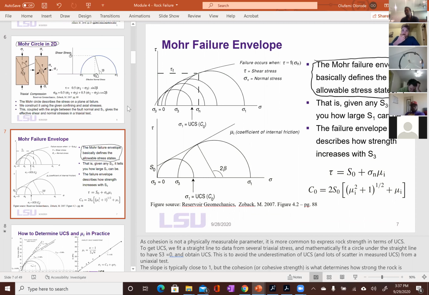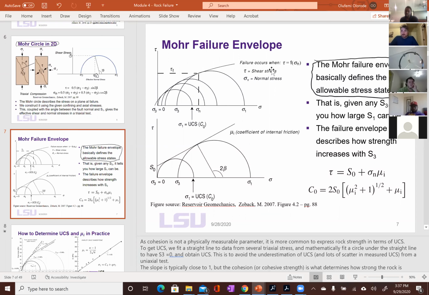And even in the subsurface, when you start to produce and you begin to drop the pore pressure, the effective stress begins to decrease. The rock strength will change again, right? Because it's always a function of the confining stress. And you need to know the rock strength at that new value. So the Mohr